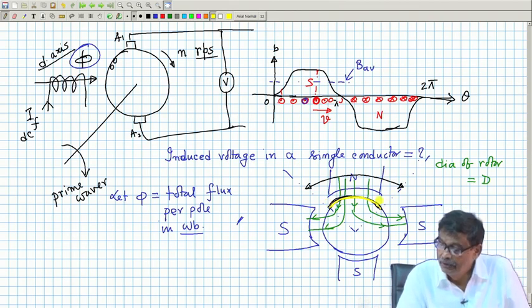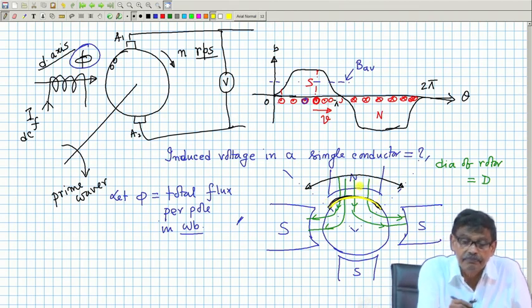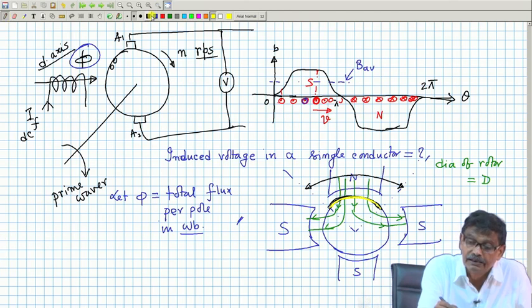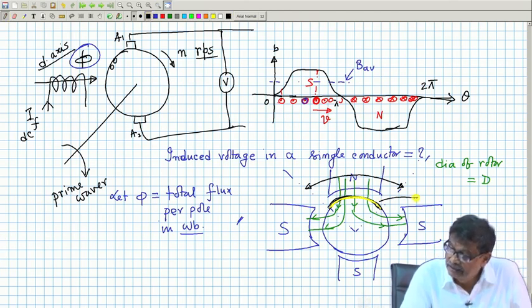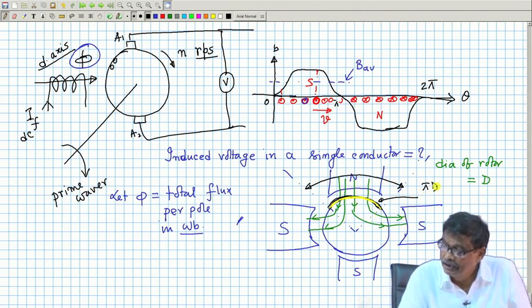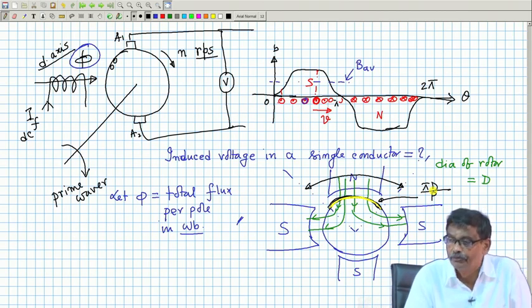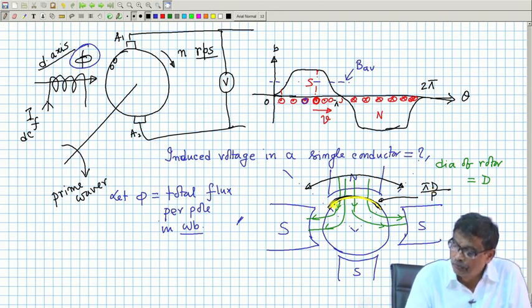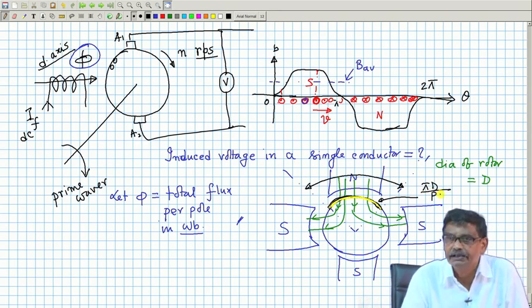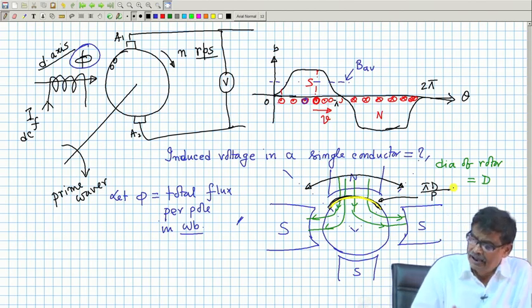Obviously, this length is pi d, the total periphery, divided by number of poles. If it is 4 pole, pi d by 4, 4 pole I have shown. If it is 6, pi d by 6. So, flux per pole, and what is its unit? Its unit is in meter, and area